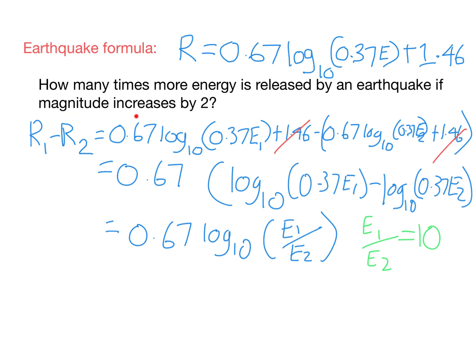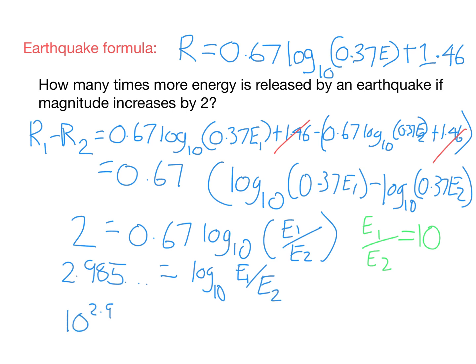Now the question asks us if the magnitude increases by 2. So R1 minus R2 I can replace with 2. So let's solve for E1 over E2. So if I divide 2 by 0.67, I get about 2.985. That equals log 10 of E1 over E2. And then to get rid of the log 10, I raise 10 to the power of. So 10 to the power of my previous answer equals E1 over E2. And so the answer I get is about